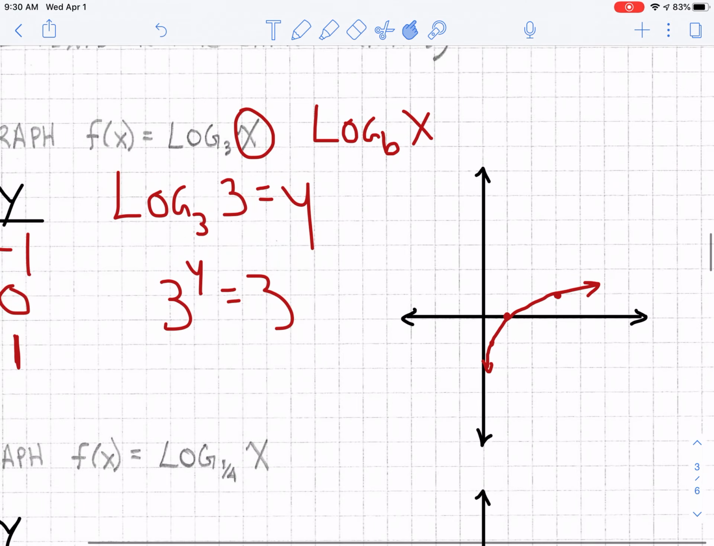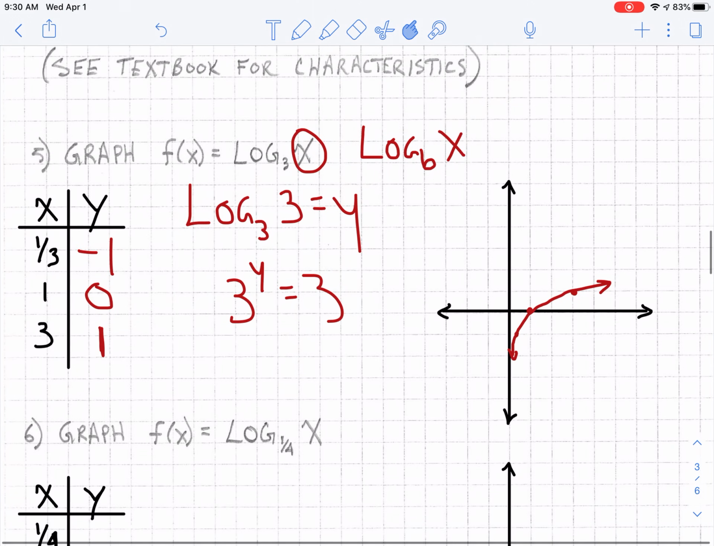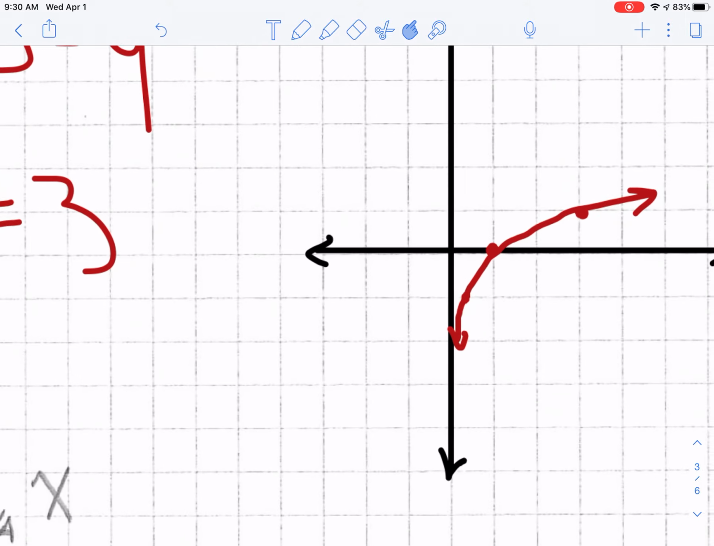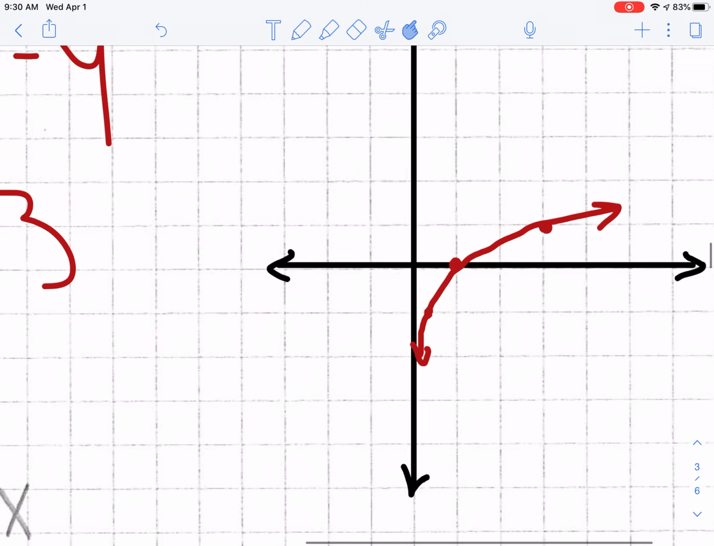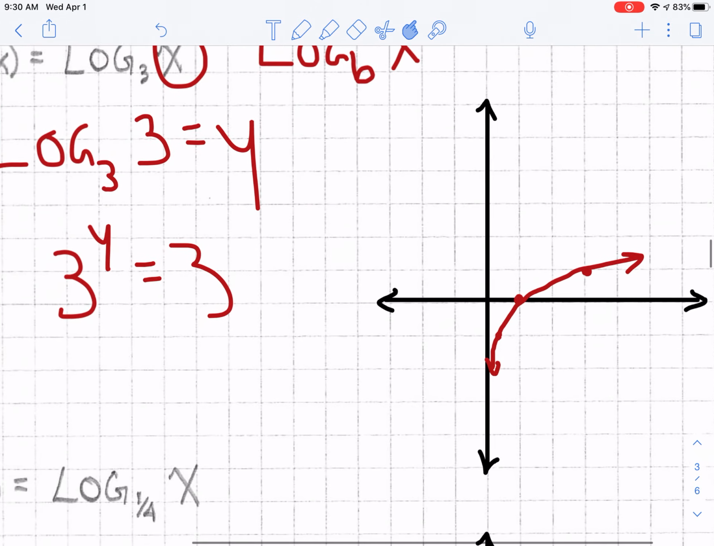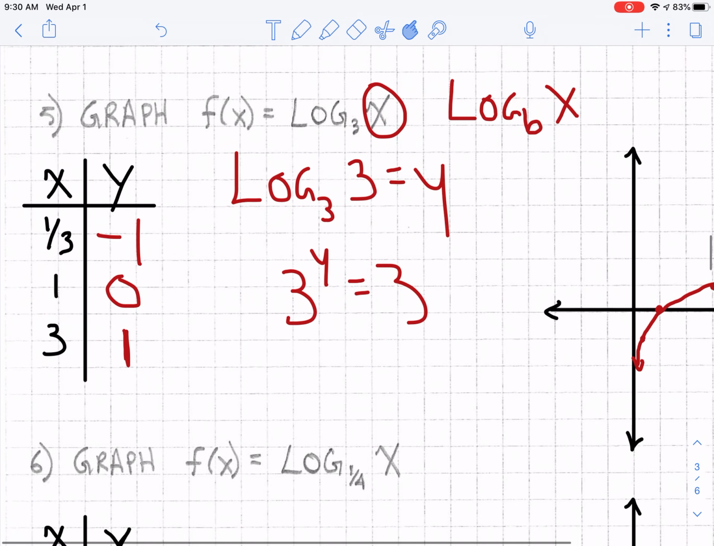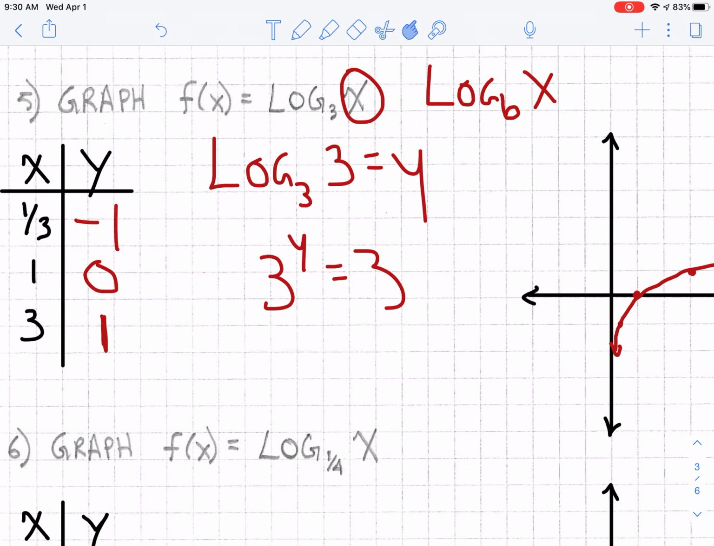Okay, there's the graph. Now, what you're going to find out is it would be impossible to get an x value of negative. X cannot be negative, okay? Why is that? Because this value right here